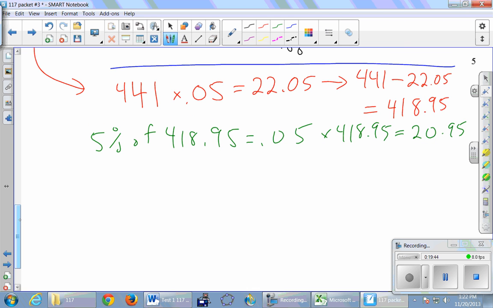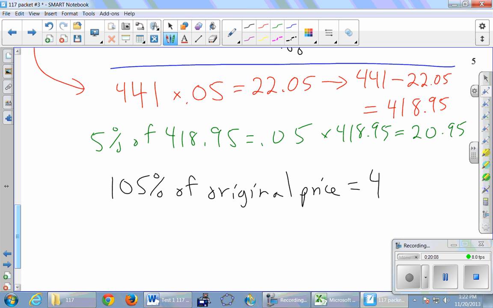So in addition to catching our error, Griffin also provided us the solution. He said, really, you have this unknown number here. They added 5% to it, right? Which means it's really 105% of whatever it used to be. So what we know is that from the original up to the end, it's 105%. So here's what we have. 105% of the original price is supposed to be the 441 that we end up paying at the end. I don't know what the original price is, so I can't just go around taking 5%, but I know that I'm going to pay 105% when all is said and done.